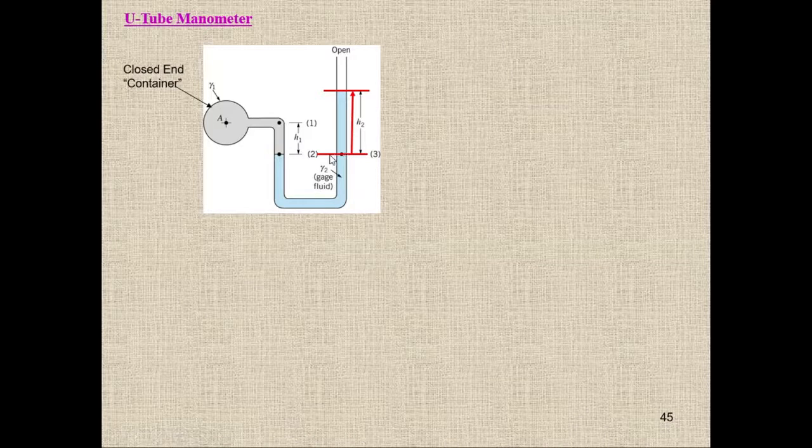Then we are moving from here to here, because the pressure here will be the same as the pressure here, and then we have to move up and reach here. So when I'm going up, it will be minus rho gh up to this point, and then the pressure at point 1 will be equal to the pressure at point A, because we have the same level for this fluid. The pressure here will be equal to the pressure here. Here you can see the new height, and we have the PA.